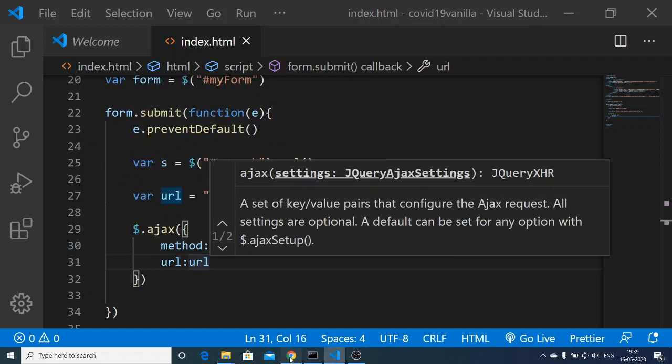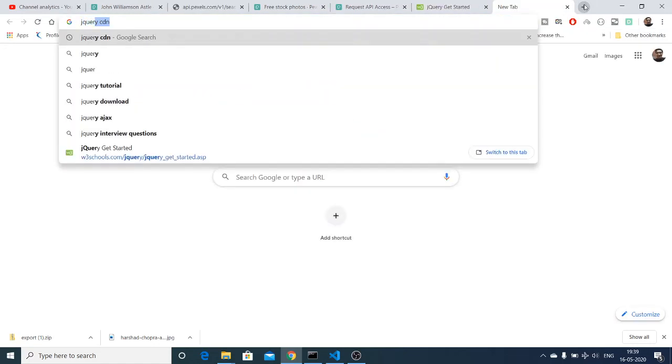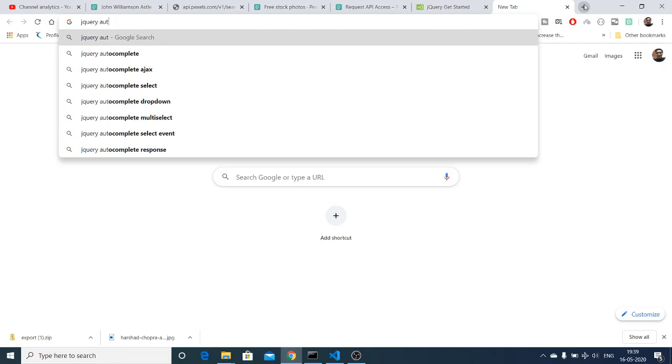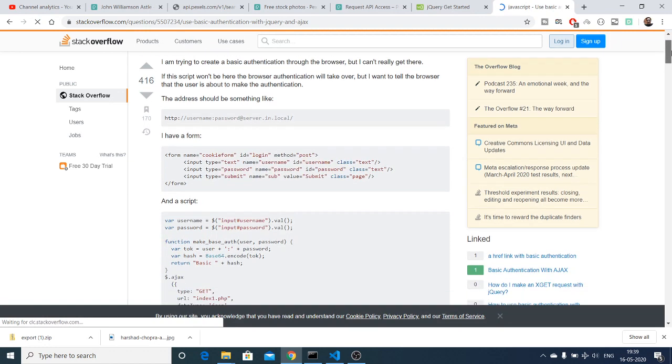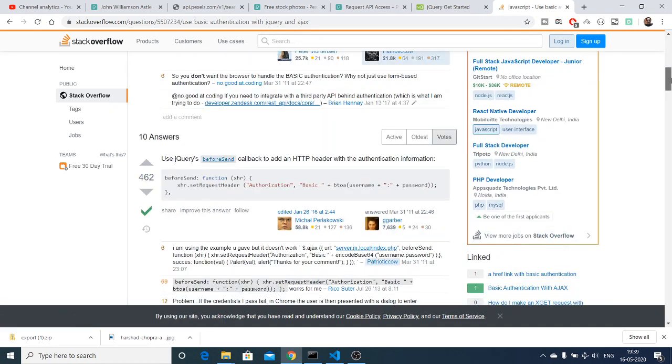And the third option that we need to assign is the authorization header. So here we can just use the jQuery authorization header. Just search on Google and go to Stack Overflow. Here you can see this is the header that you need to attach, beforeSend.